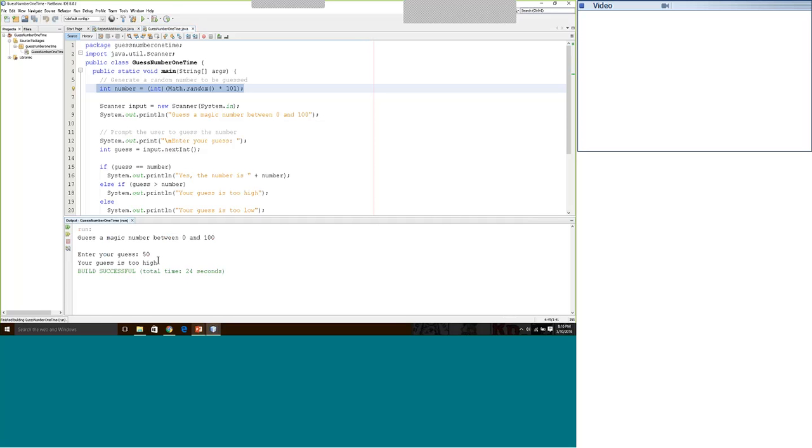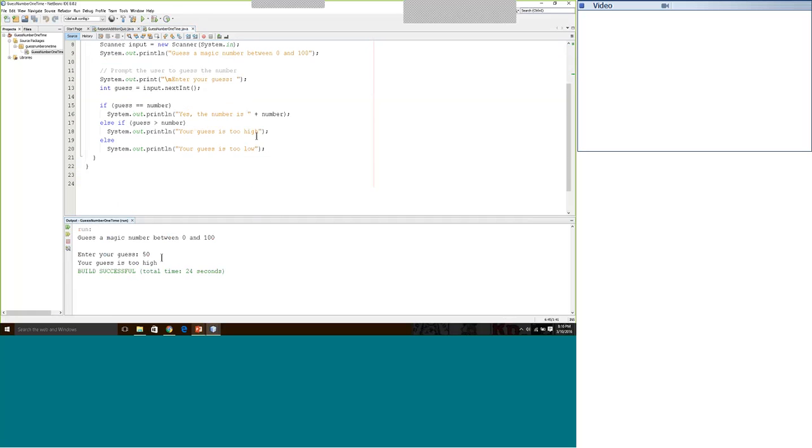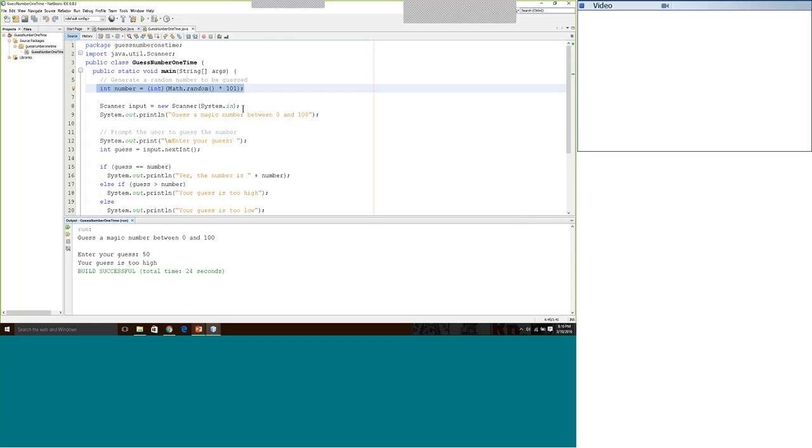My guess is too high, so I need to go ahead and take the new max, which is 50, and the min, which is 0, add them together. I'll get 50 divided by 2, and I'm not in a loop. So that's not that much fun of a game. I only get one shot, so my guess was too high. And if you look at this code,